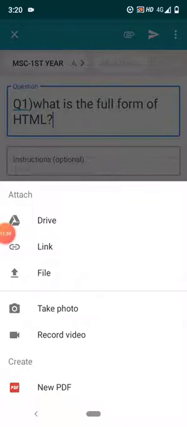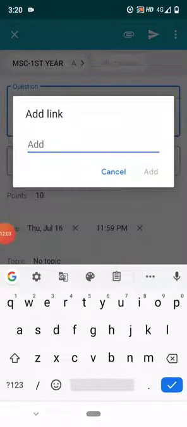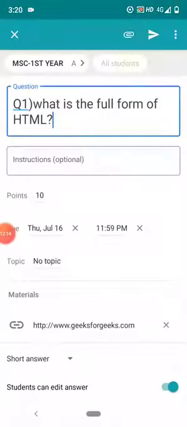Like I am going to add a link, so I click on that, www.geeks4geeks.com. Click on the add button. Right, in this way your link has been added.